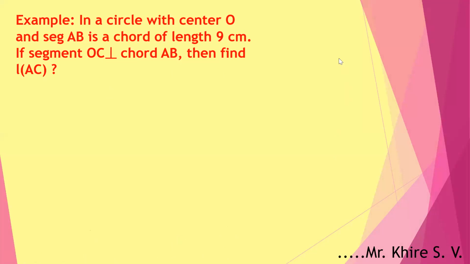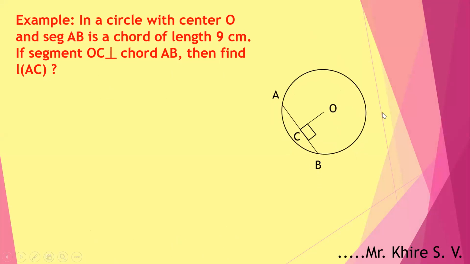Let us see an example for this. In a circle with center O, segment AB is a chord of length 9 cm. If segment OC is perpendicular to chord AB, then find length AC. In the figure you can see OC is perpendicular to AB. Solution of this is,